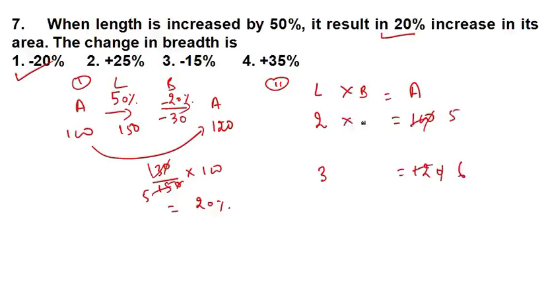Fine. Now to make it 5, we have to multiply by 5 by 2. So 2 gets cancelled and 5 will become 5. Here you have to multiply with 2. So now see, breadth got decreased. Fine. This is 2.5, it got decreased by 0.5, and the base number is 2.5. If you want to make it into percentage, then into 100, so again you get the same 20%. It got reduced by 20%. Simple. Okay, let's move ahead.